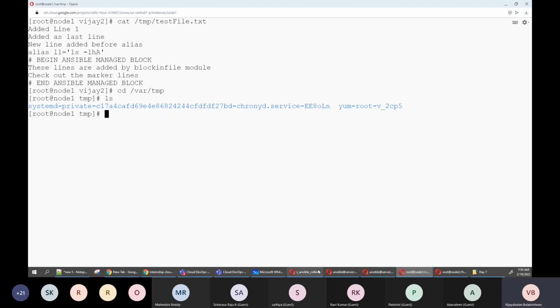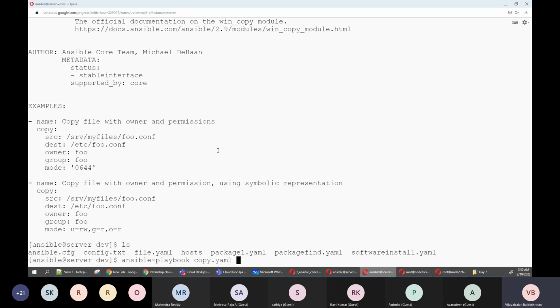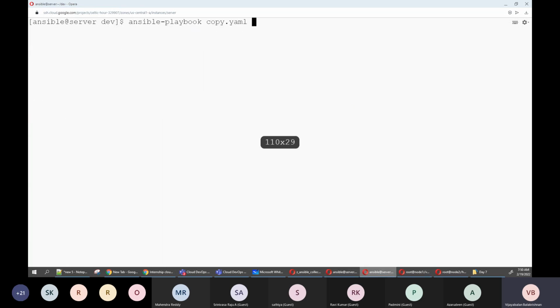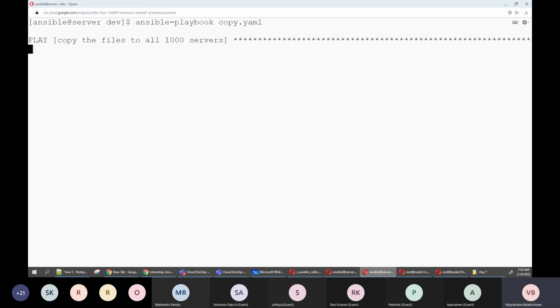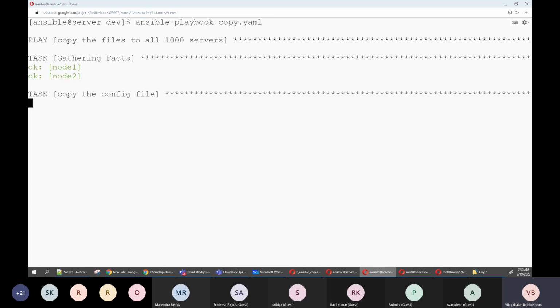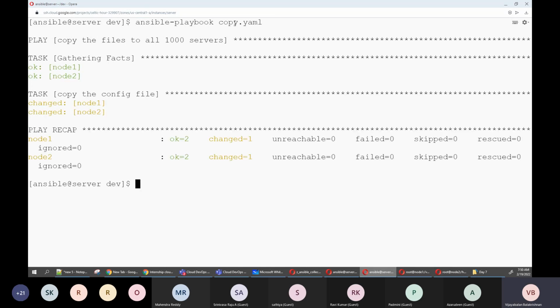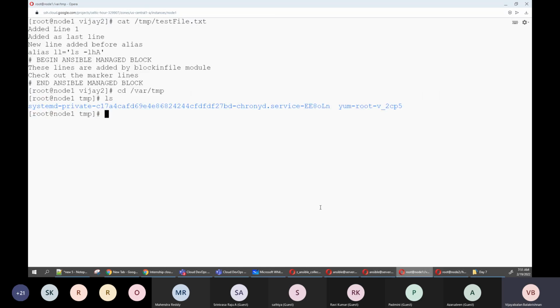Okay, yes. So I'm going to run the playbook. If you see here, the ansible-playbook runs. I'm going to execute it. It will execute and copy, but can we go and check with ls? There is a sysconfig file that got copied, which is good.